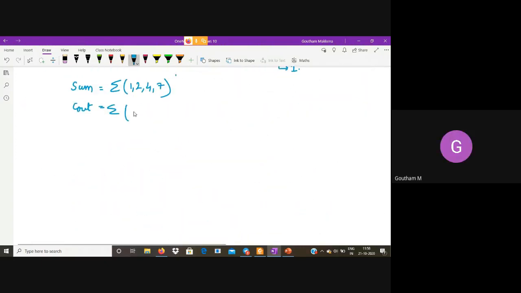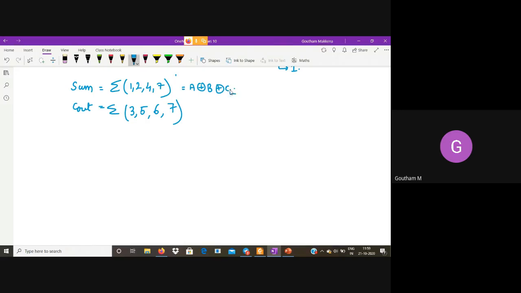Yes, thank you. So C out is sigma 3 5 6 7. We know that the sum expression is A XOR B XOR C. I'm not putting C in, but be mindful of the carry in and carry out. That is a bad habit, but always you have to know that it is C in, not C out.